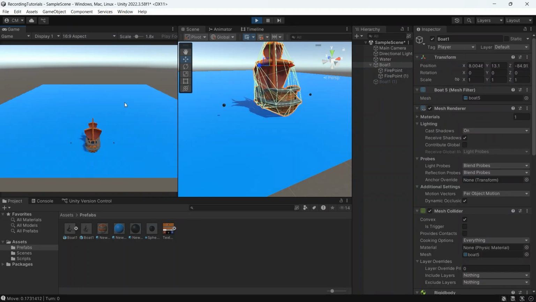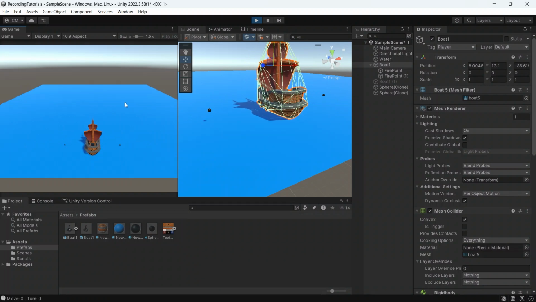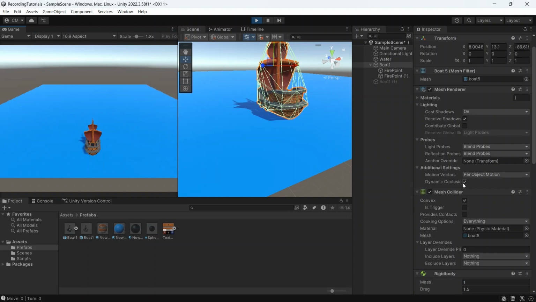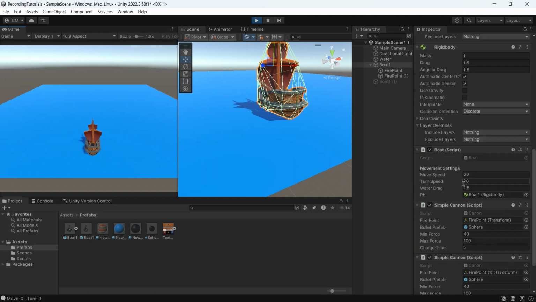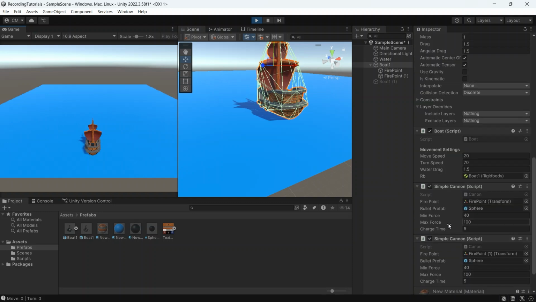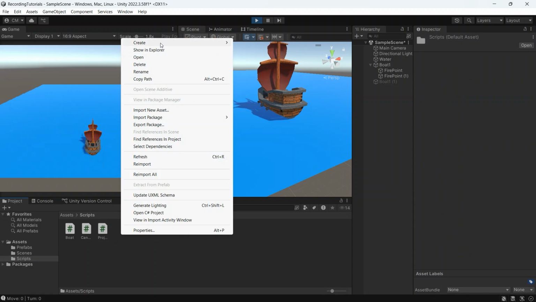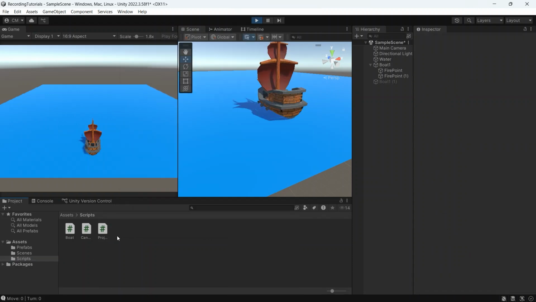Yeah, it's working. Now as you can see, when I hold, the force of the bullet will change. This one I'm just clicking it, and when I hold it, it changes the force. We can also change the minimum force, the max force, and charge time here in the inspector. Now we're going for the next script, which is the projectile. Simply create a C# script and name it Projectile.